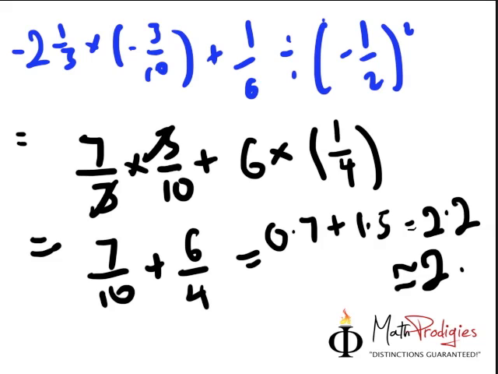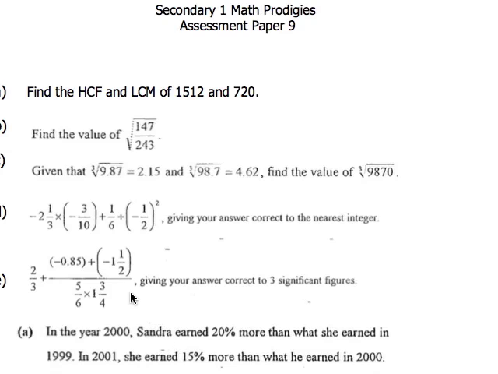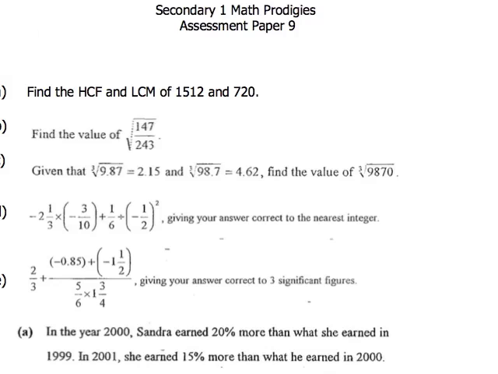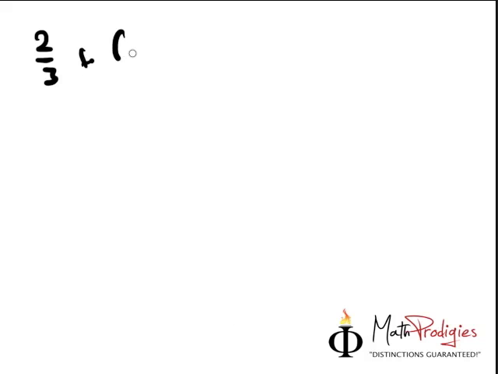And for part E, which is the final part of this question. Now this one, all you have to do is use your calculator. Once you use your calculator, you will be fine. So basically 2 over 3, let me just write this down so that it's easier to do this. 2 over 3 plus negative 0.85